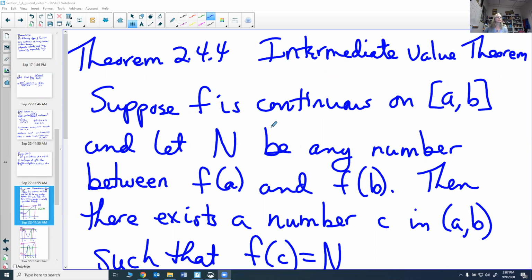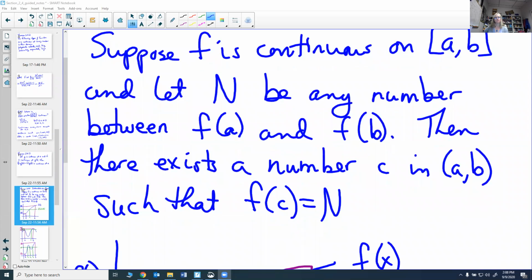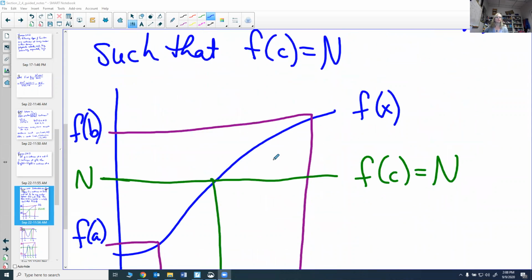The Intermediate Value Theorem says that suppose f is continuous on some interval from a to b, and let n be any number between f of a and f of b. Then there exists a number c in (a, b) such that f of c is equal to whatever that number n was. Picture-wise, what this is showing you